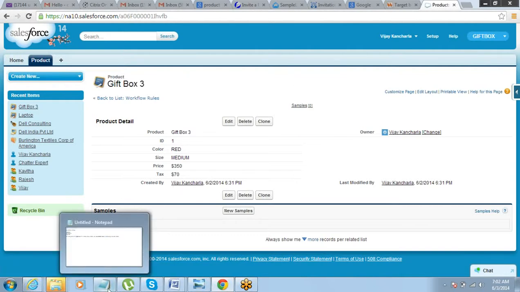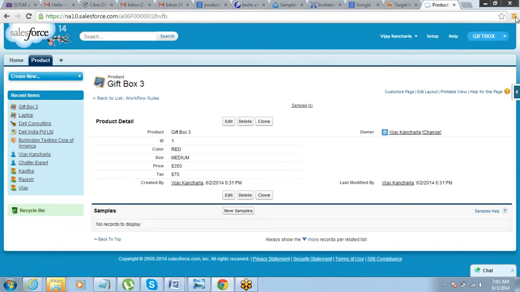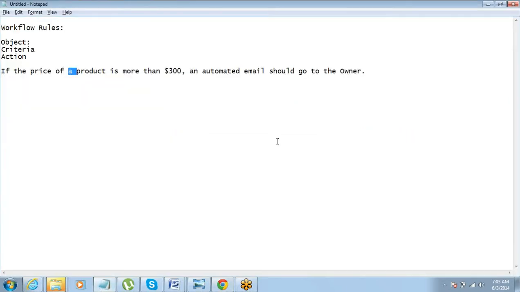Whenever a lead or a contact is entered into the system and you want to send an automated email, usually what happens is a lead has come and a sales person sits and starts drafting an email. So these kinds of emails can be pretty much automated, and every time this person does not have to send those emails. Got that?